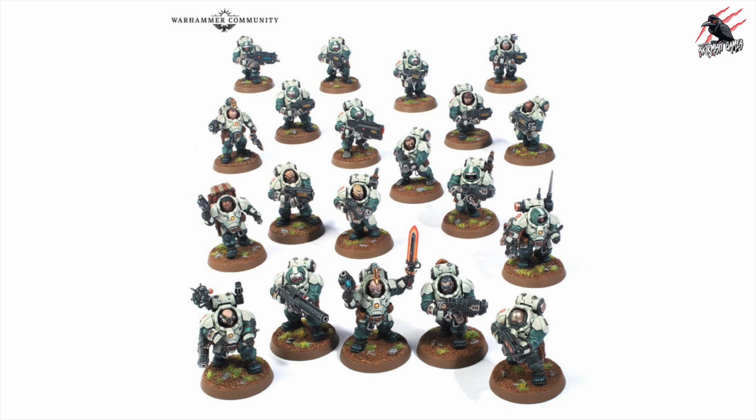You're going to get 20 Hearthkin Warriors in there, and these are going to give you lots of different parts in this set as well. So you can have lots of weapons, heads, and all different things you can give them. So you should get lots of variation from this. I'm hoping there's going to be lots of the fully helmeted options as well, so you can have them all helmeted if you wanted to. But yeah, it looks like there's going to be a lot of customization here,